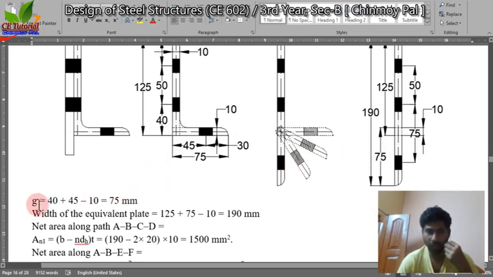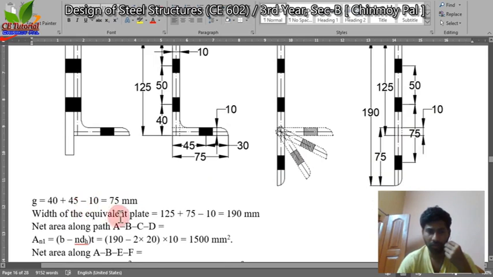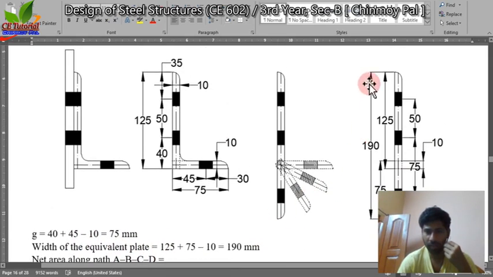And g, the gauge distance, is equal to 75. This is the distance. Width of the equivalent plate is 190,